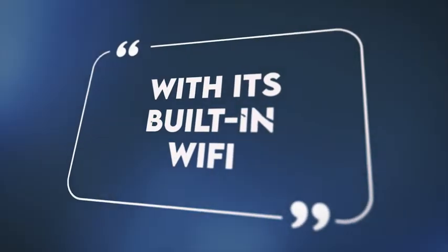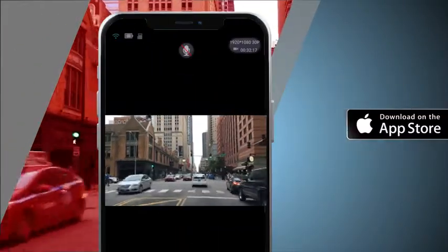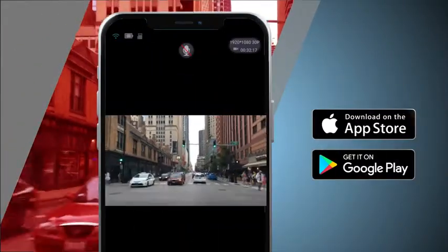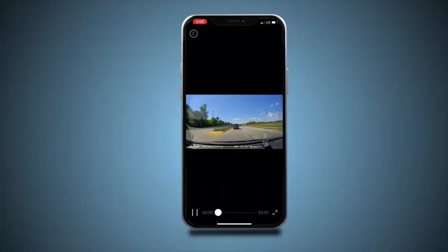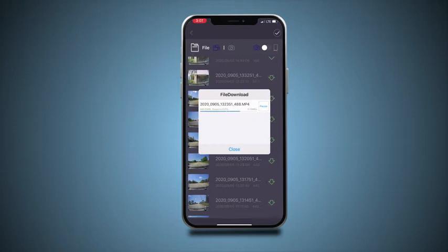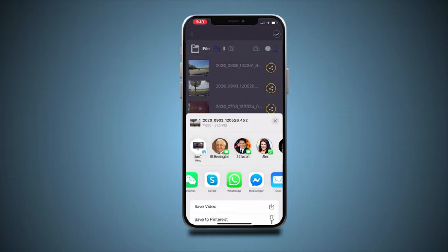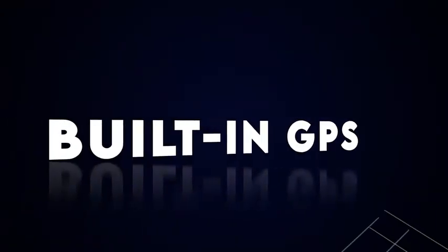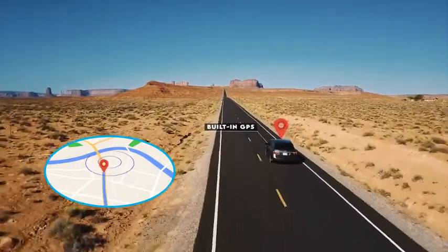With its built-in Wi-Fi, you can use the Rove app to view and manage dashcam recordings instantly on your iOS and Android devices. By using the app, you can download the recorded 4K videos directly to your smartphone and then easily share these on social media with friends and family. Its built-in GPS enables you to view your driving route in the tracker on Google Maps and accurately records your